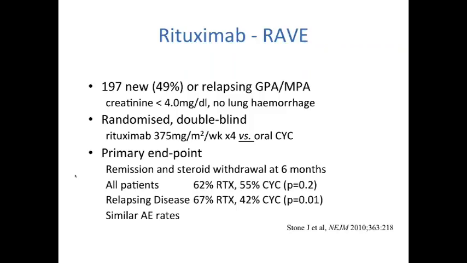And this therefore supports very much the use of rituximab preferentially in relapsing disease, but also supports the fact that rituximab is no worse than cyclophosphamide for all patients. One of the more interesting observations was that the adverse event rate was similar between the two groups. One would have anticipated that the infection rate would have been greater in the cyclophosphamide arm than in the rituximab arm. However, this was not the case and suggests therefore that the